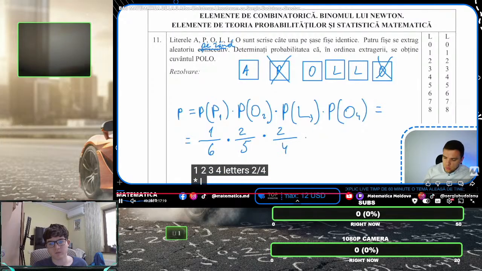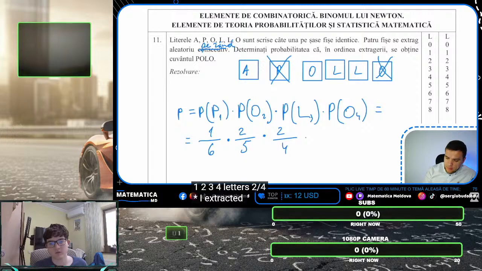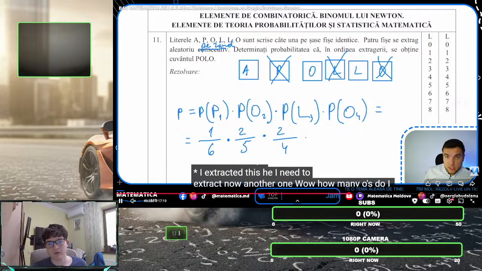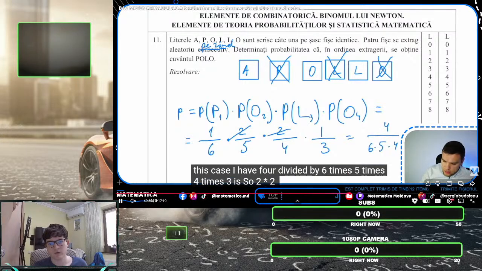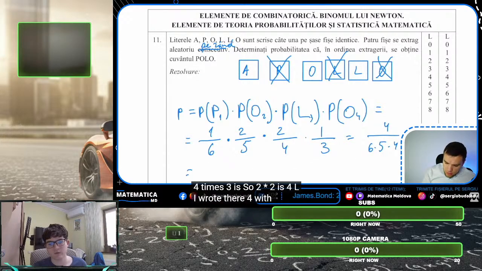I guess now 4 left, and times, so they're all times, and 654. I guess what I said with like 4 4 or something like that was pretty wrong, because 654, take a look at the number of letters here. Like I said, 1 P, 2 O's, 2 L's, and now last one we got 1 O left and 3 letters left, so now we're gonna have 4 there, and